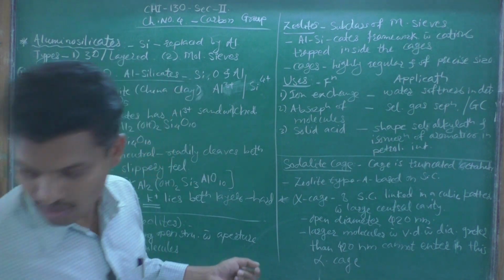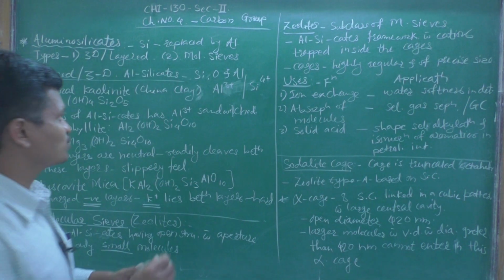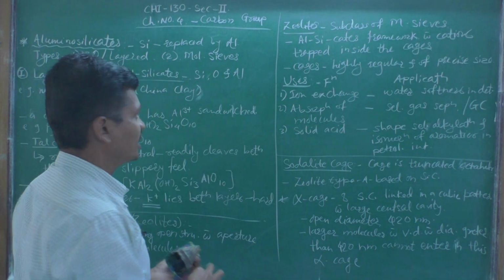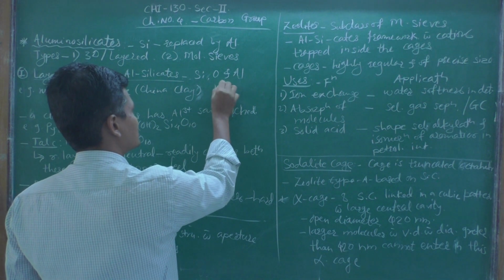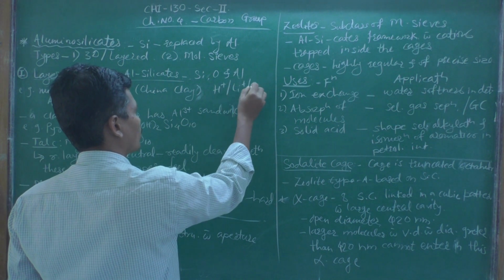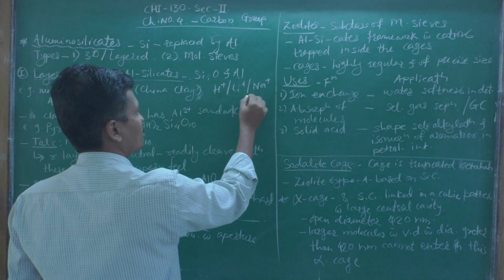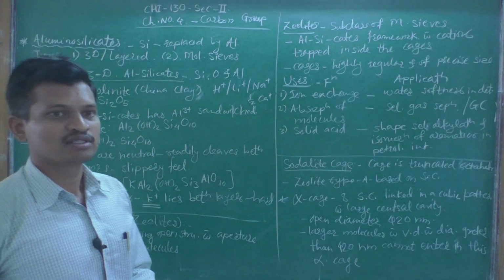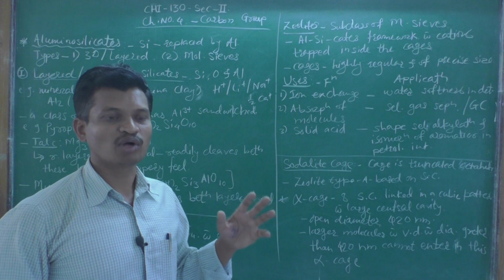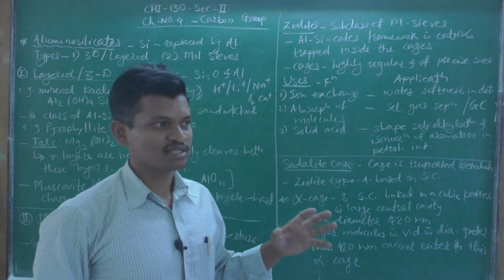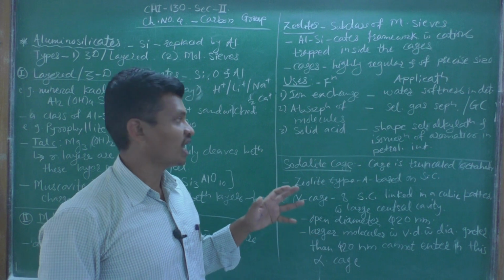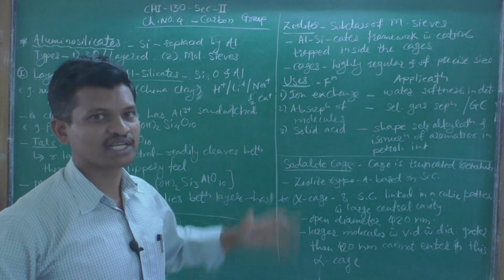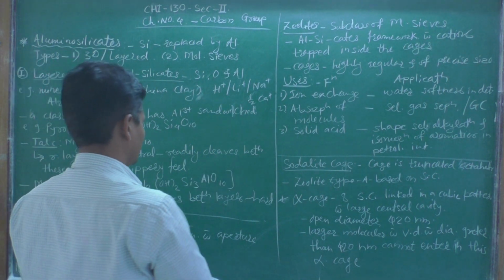As one negative charge remains, it can be counterbalanced by the addition of either H plus, Li plus, Na plus, or 1/2 calcium 2 plus. One positively charged cation should be there to counterbalance the negatively charged aluminosilicates. If this is the case, then we can say that aluminosilicates are neutral in nature.